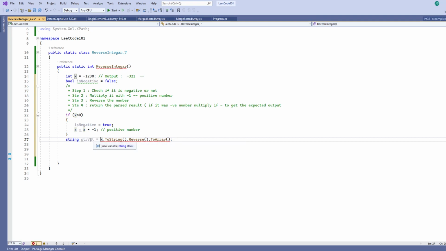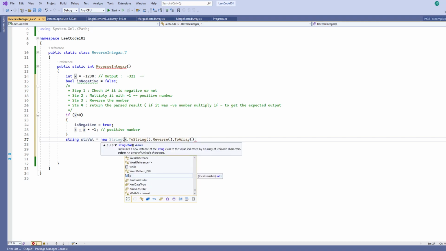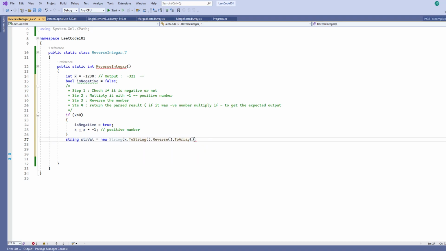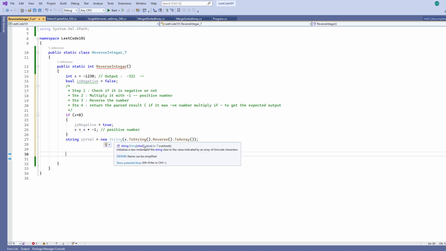It is saying, of course, you cannot convert it. So for this, we need to have a constructor, a string constructor. So I will wrap this into a string constructor. So now, perfect. The value it can wrap is a character array. So we have a character, this is our character array. This is what it takes. So that's perfect. So now the third step would be